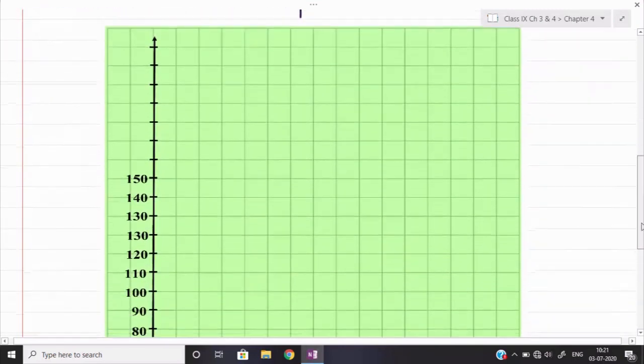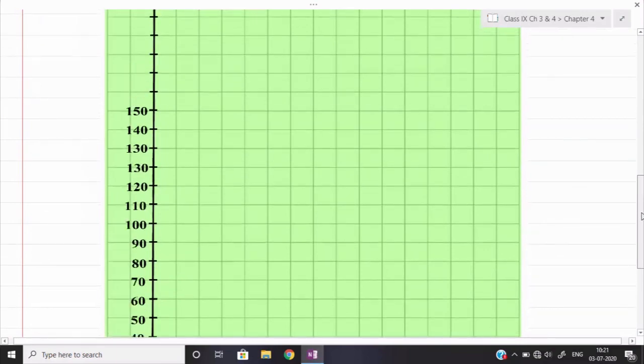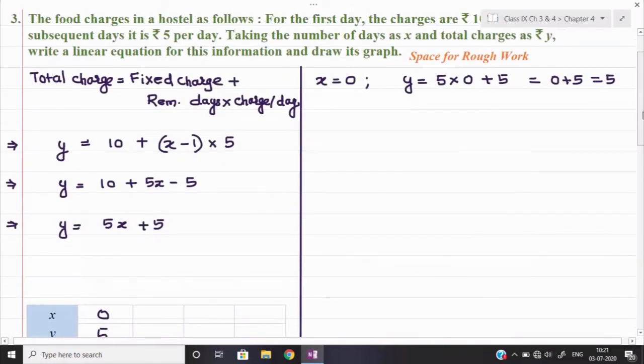You can see the graph paper. I have taken it in this manner because each and every time a value like x is equal to 2 or 3 may not be possible for us on the graph paper. So suppose I take x is equal to 10. In that case, let us see what the value of y is. 5 into 10 plus 5, so this will be 50 plus 5 and hence it will become 55. So no issue, we can easily plot 10 comma 55.